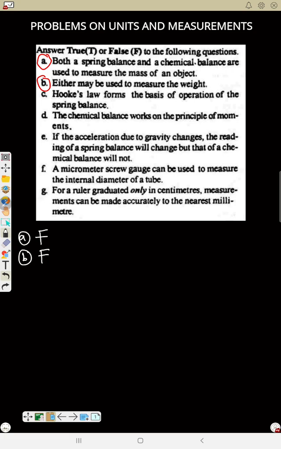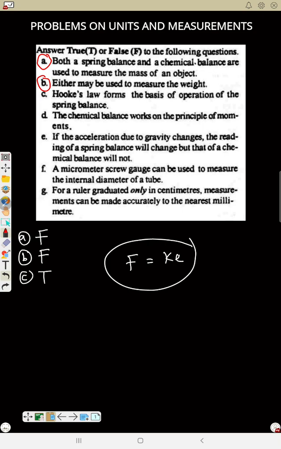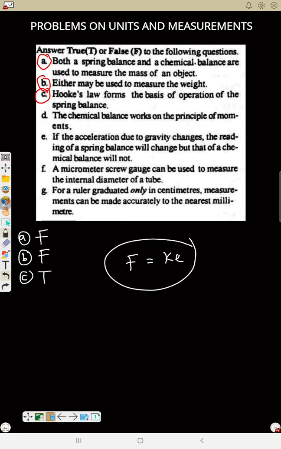So that is F equals KE, according to Hooke's law. So that means the statement is true. For C parts, it is true. Hooke's law forms the basis of operation of spring balance because there is extension there and force constant K. So that one is true. D,